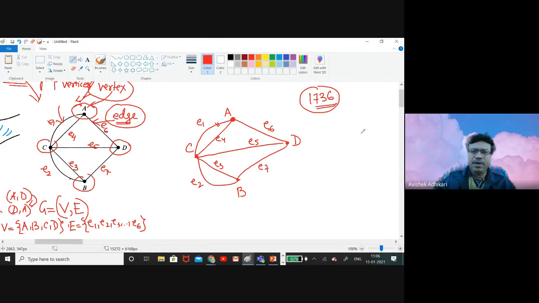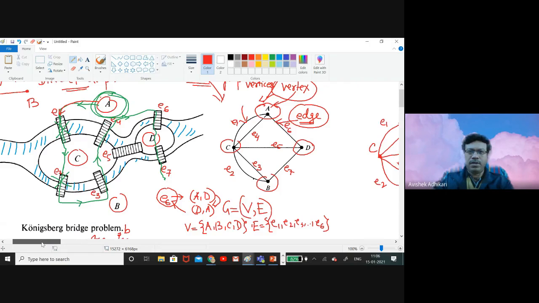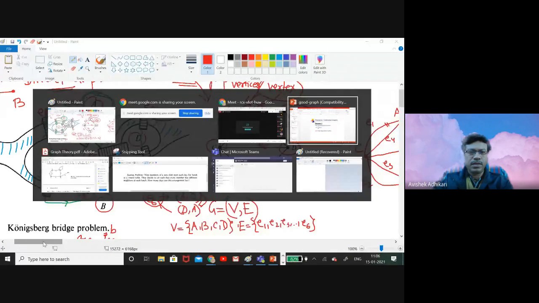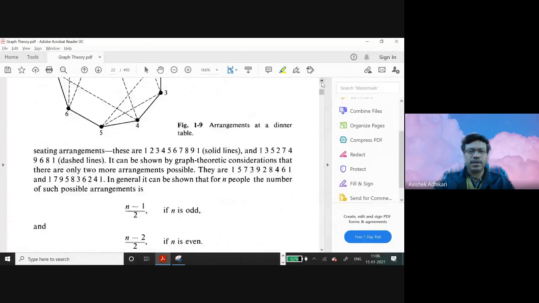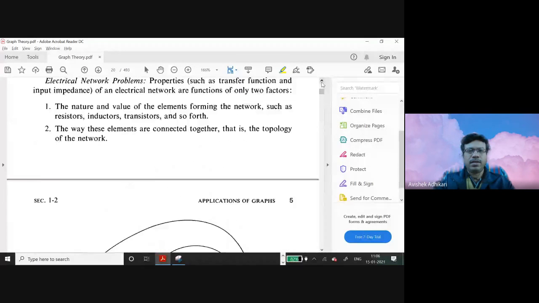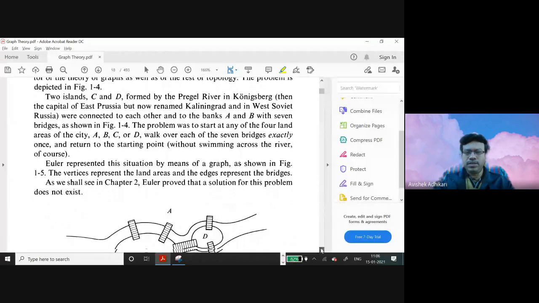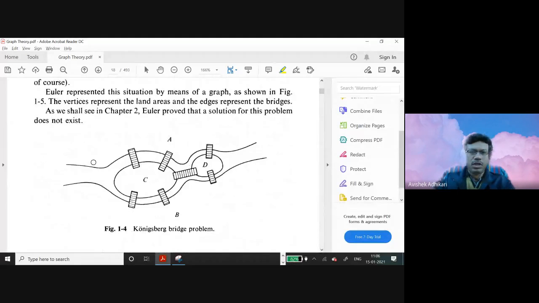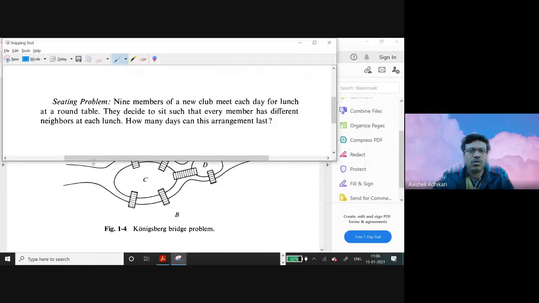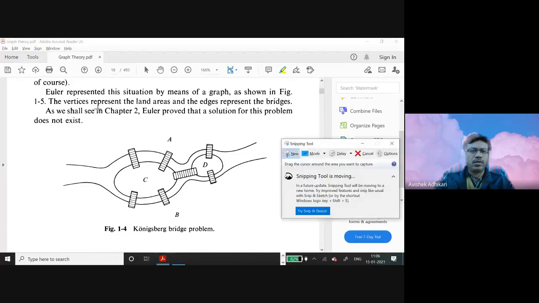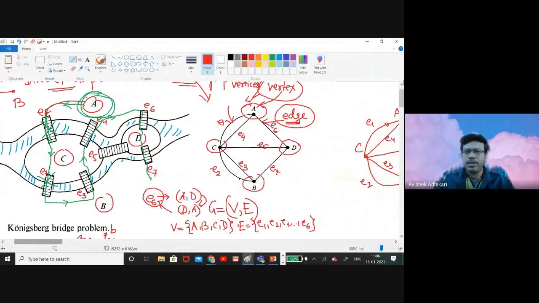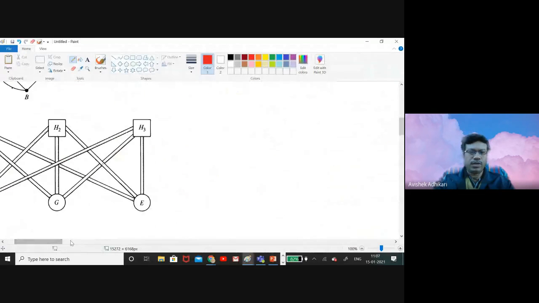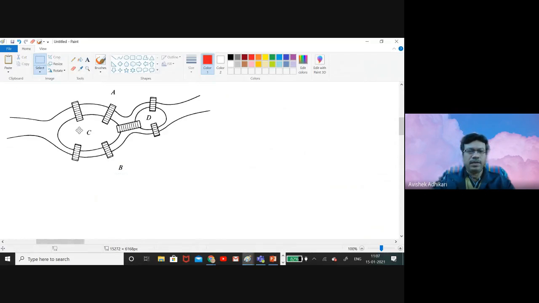Okay, so now if I again give you this image, I have the book with me. Maybe I have the original image here. Yeah, so this is the original image from here. This is the book from Narsingh Deo. I will follow this book. Okay, if I just put it again somewhere, and if I ask you the question,